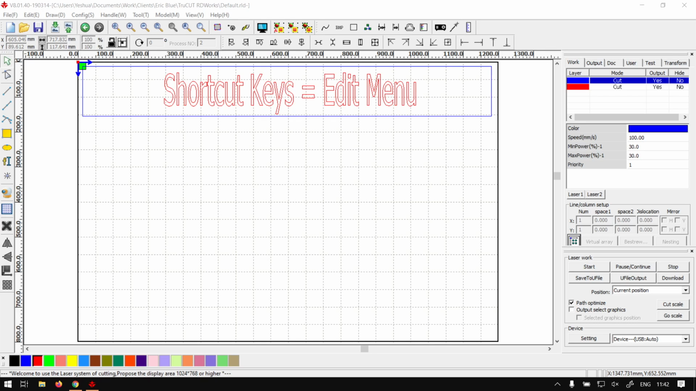Alright guys, in today's video we're going to be looking at the shortcut keys for the edit menu within TruCUT